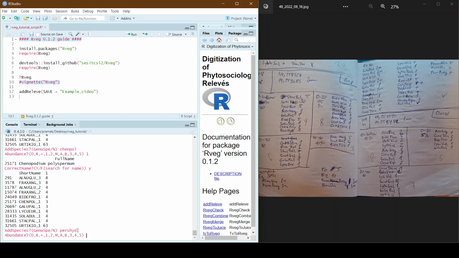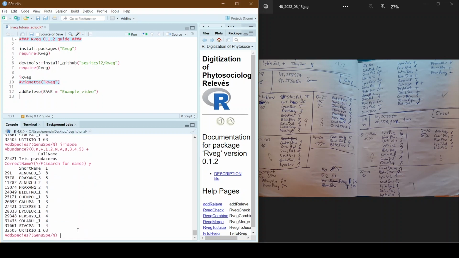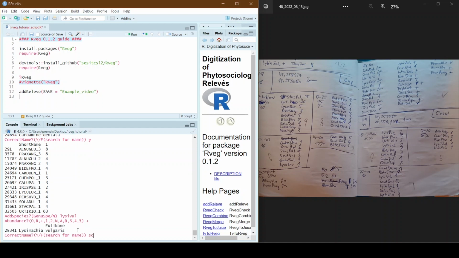Hydropiper. It is Pseudocoros, Cardamine dentata, Lysimachia vulgaris, Scutellaria galericulata, Lythrum salicaria.